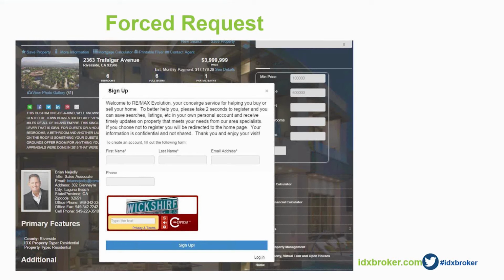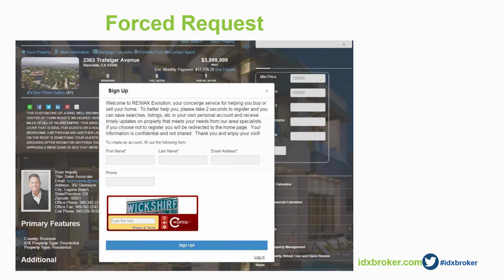So to show you kind of what the forced registration box looks like, this is it. It's asking you to sign up, provide your basic information in those fields. He included a CAPTCHA. And I hope that you notice there is a small box to exit out. If it's a forced request, however you have it set up and however aggressive that is, that box is still going to be there. But if they clicked out and it was a forced request to log in as a lead, it would redirect the client back to the previous page or maybe back to the home page. So it won't actually look at the details of the page that they were hoping for